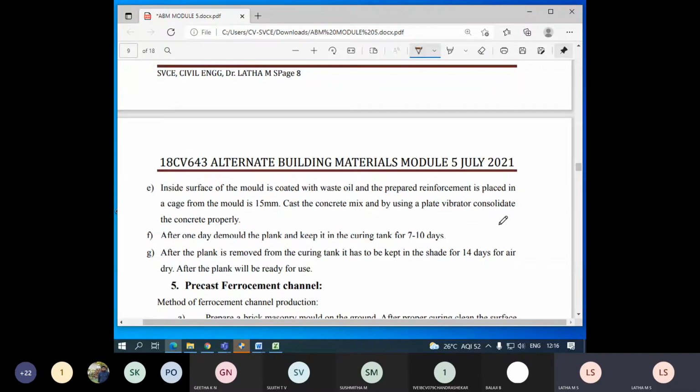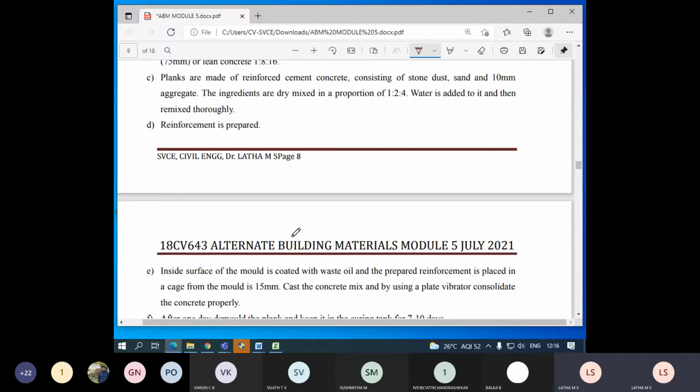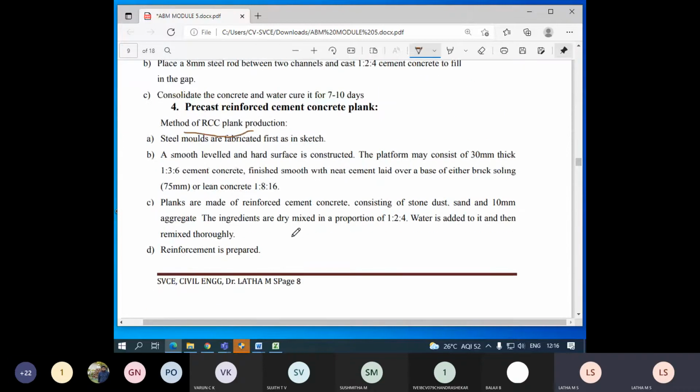A vibrator you will be using because of the huge dimension of the massive structure. You have to remove the air voids which have been incorporated within the mix. So this is the regular procedure for plank production. A plank is nothing but a slab. You have a steel mold. The steel mold has to be greased at first.